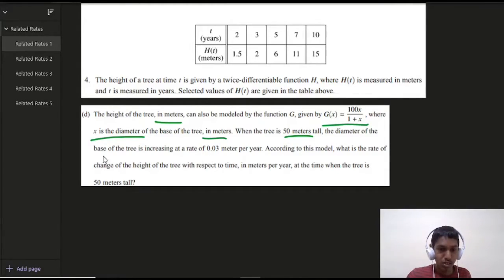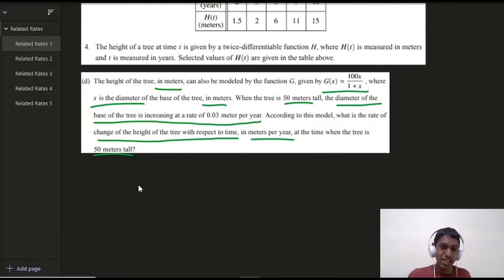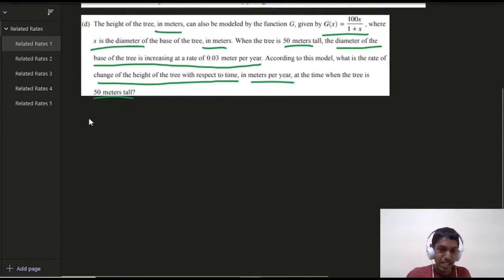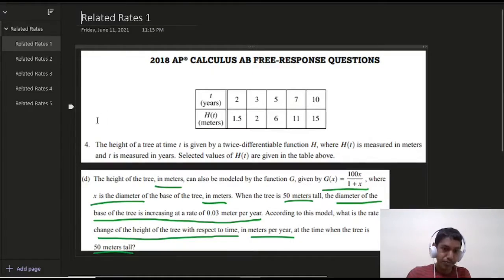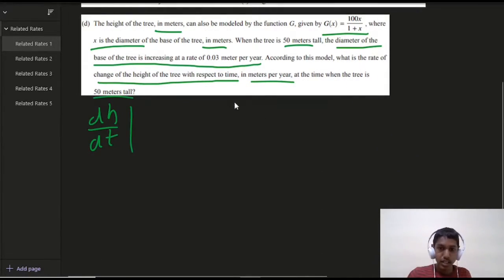50 meters tall. Okay, so diameter of the base. According to this model, what is the rate of change of the height with respect to time in meters per year? Okay, so it's a lot of information to digest, right? But let's write this out as per step 1 in math notation. So what are we trying to find out? The rate of change of height. So maybe I'll call height h. So trying to find dh/dt in meters per year at the time when the tree is 50 meters